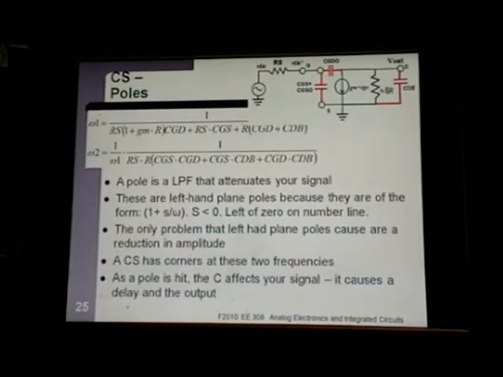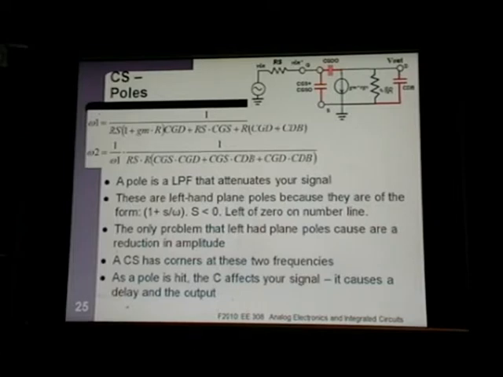And the only problem that left-hand plane poles cause is attenuation in your signal. You'll see right-hand plane stuff that messes up feedback circuits, but left-hand plane poles, they just attenuate your amplification. Okay,